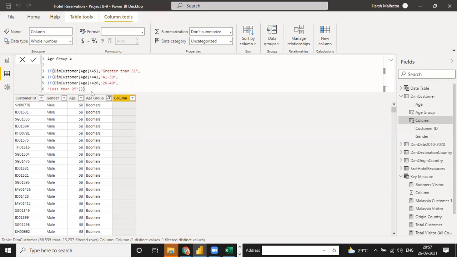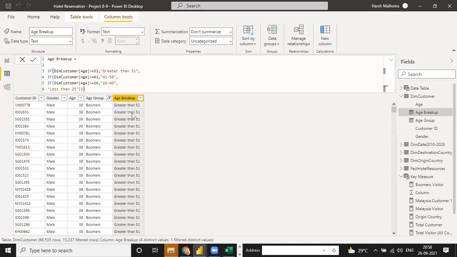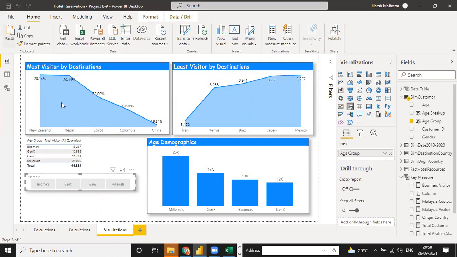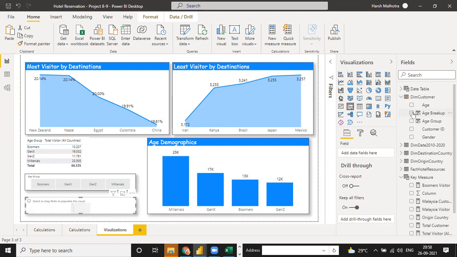When you click enter, I can name this age breakup. See, the value will be there and you can use it with the slicer. Just copy and paste it. So for this age group, you can use age breakups.